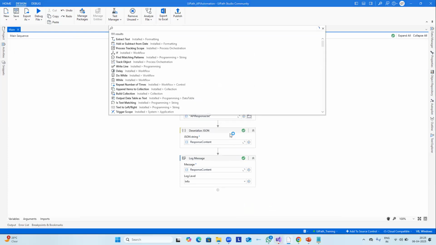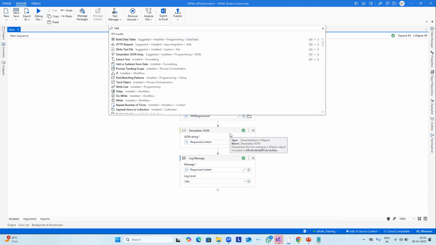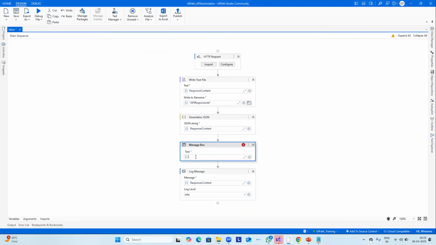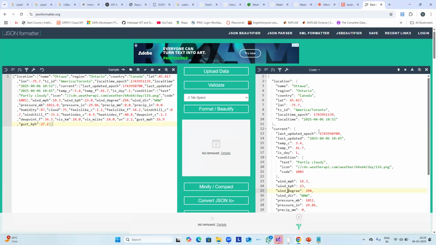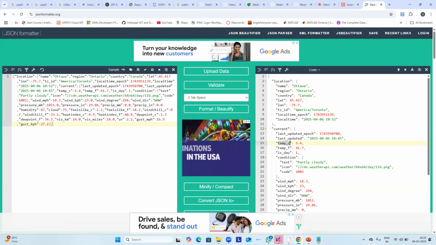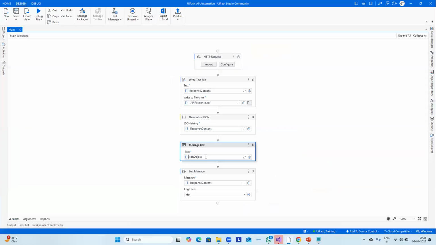Yeah. So if you would now like to get a particular record from the data, if you wanted to read the JSON data, let's suppose we wanted to put a message box here. How will we read the data from the JSON object? We're going to use this JSON object, okay? Then we wanted to read the city name, the name, and we wanted to read the current temperature as well. So how will we read that? We need to utilize the JSON token as well. So over here we have JSON object dot